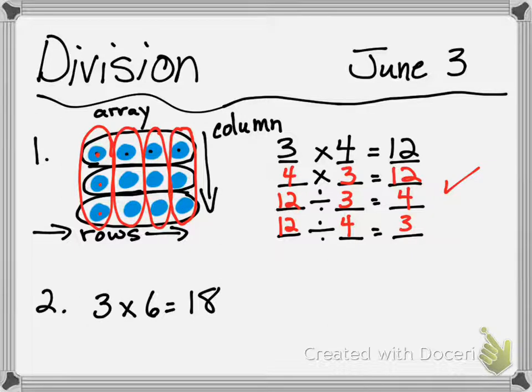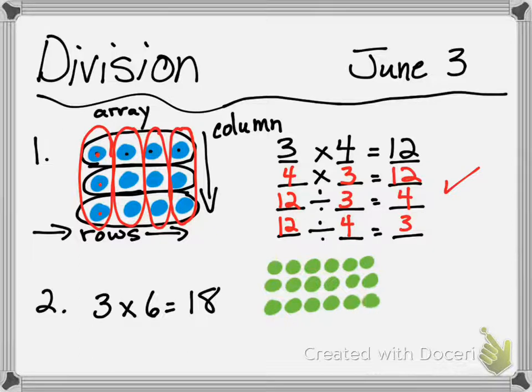Okay, here we go. So now it could look one of two ways. It could look like this. We have, let's do 3 rows of 6. So there's 3 rows of 6. Or you could have drawn it like this, 6 rows of 3,